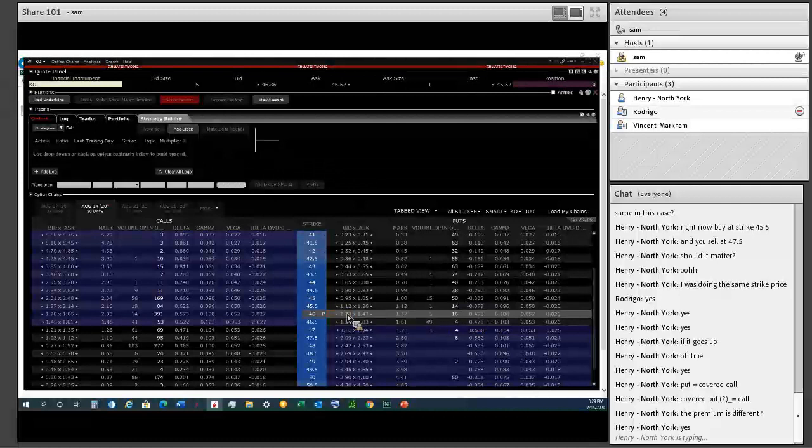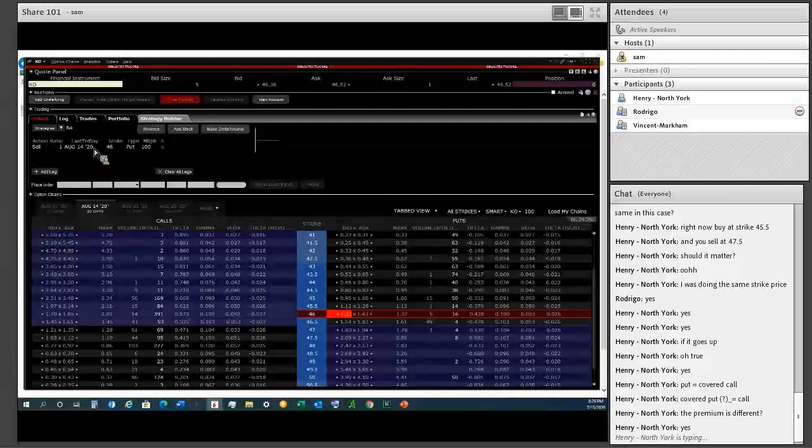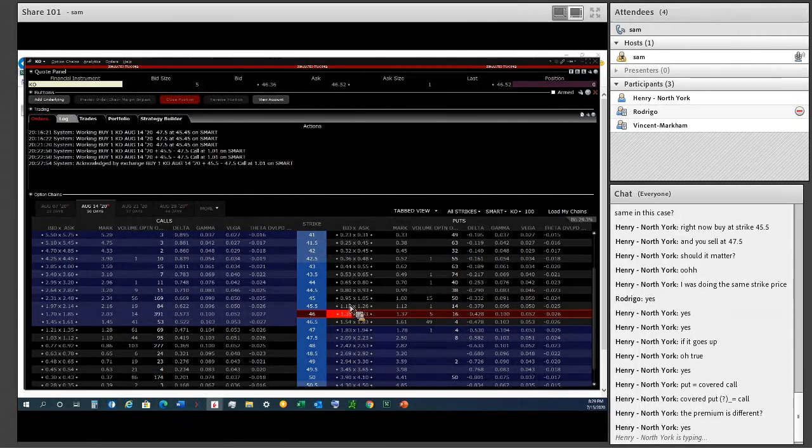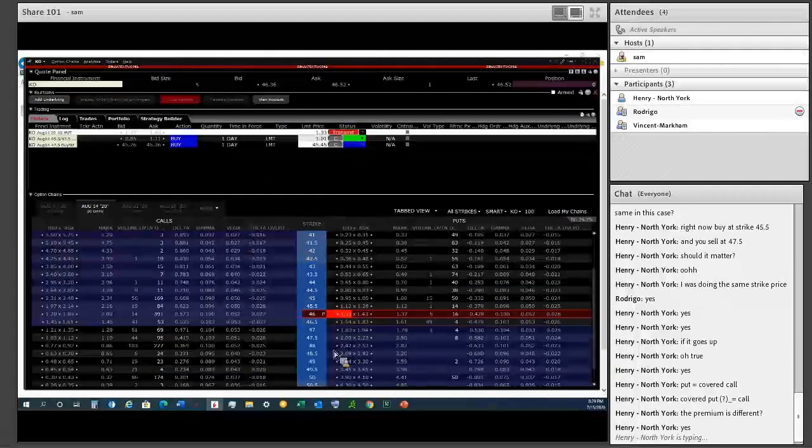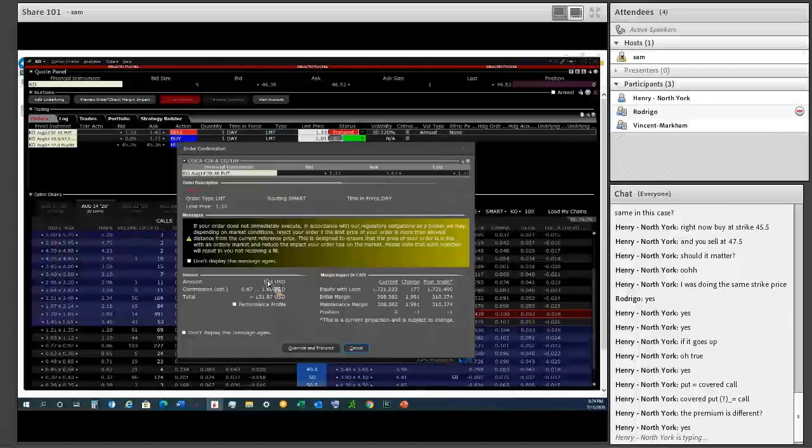What I'm gonna do though for this one is I'm gonna sell the put. Okay, sell the put at the 40 delta, closest to 40. This one, I'm just gonna sell as a single trade. Okay, so we're gonna do this trade by itself. Everybody see that? I want you to see the difference.